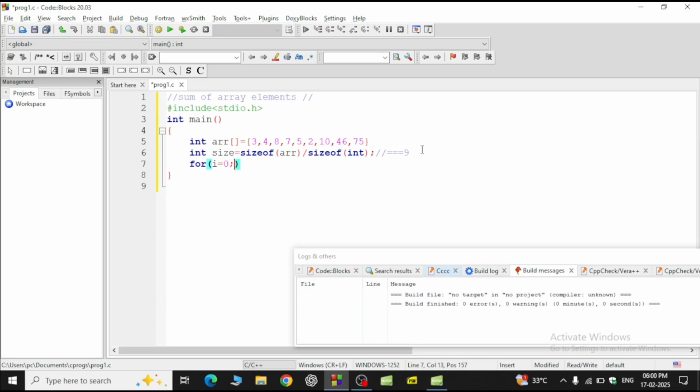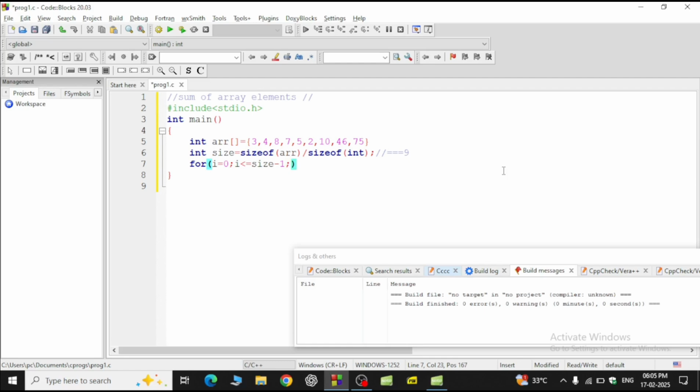Index of 3 is 0. In the for loop we start i equal to 0, and i is less than or equal to size minus 1, and i plus plus,